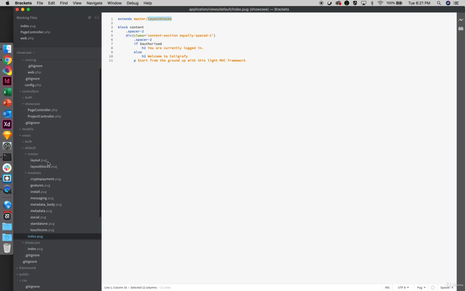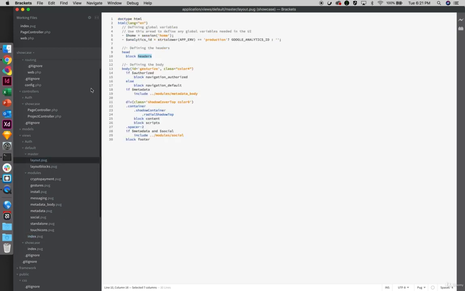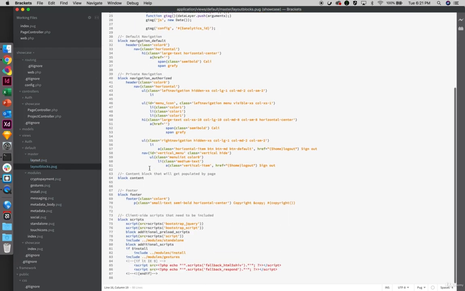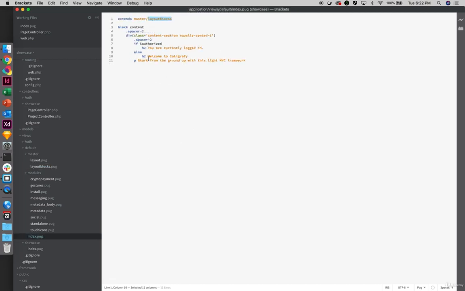So basically index is really applying that same structure. For every block, it is taking it from layout blocks, and when the block is not defined in layout blocks, it is defining it itself. So index needs to have a content block, otherwise we will have a missing block. So let's take a look at index, and yes, it does define a block. All this is to tell you that if you want to use the templates that are provided to you by Caligraphy,